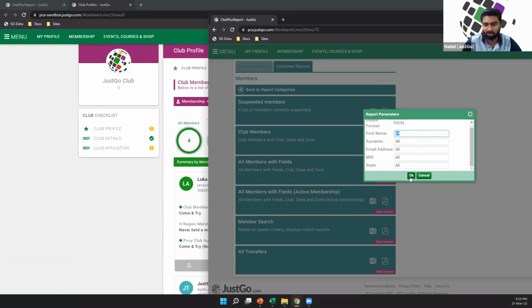at least two of these results. So you need to make sure the first name or the email address is correct, or the surname and the first name is correct, or the membership ID and the first name is correct, or the state or the membership ID is correct. So at least two of the pieces of information need to be correct. And it will scour the system for all the matching results and give you an